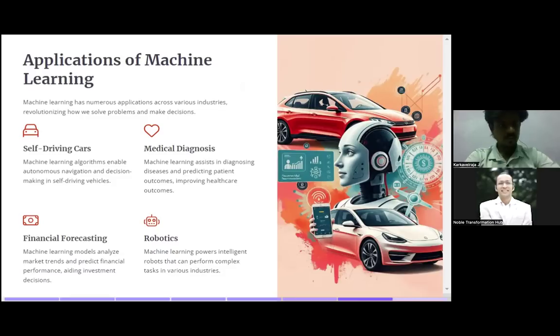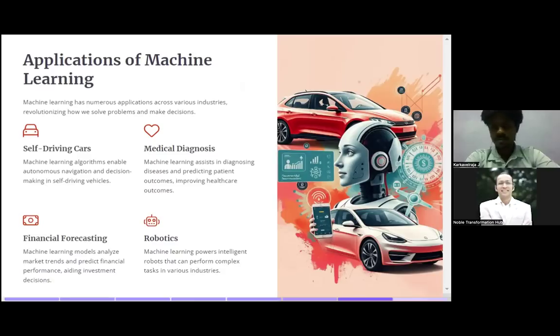Then there is financial forecasting, where machine learning algorithms or models analyze market trends, predict financial performance and aid in investment decisions. In the stock market, for example, we can get a clear understanding of what we are investing in, what we need to invest in, and what will happen in the future by using machine learning algorithms.